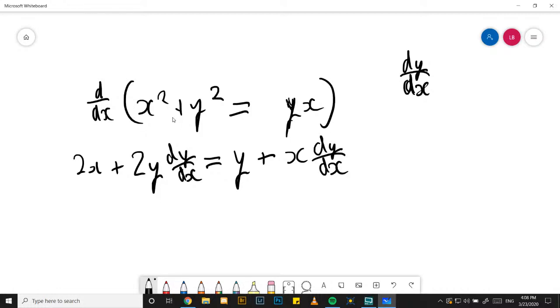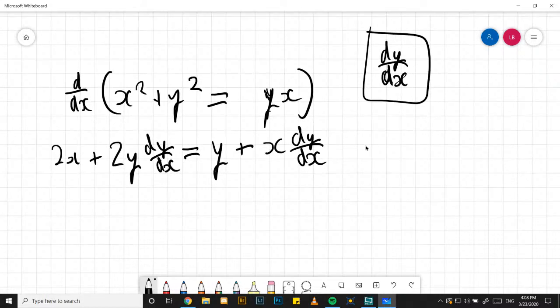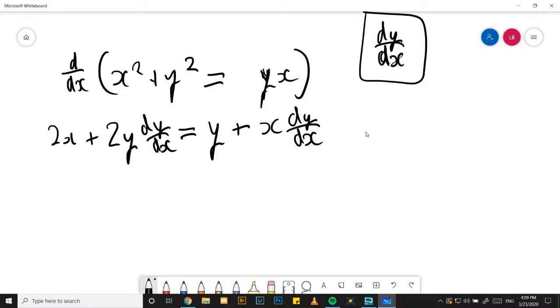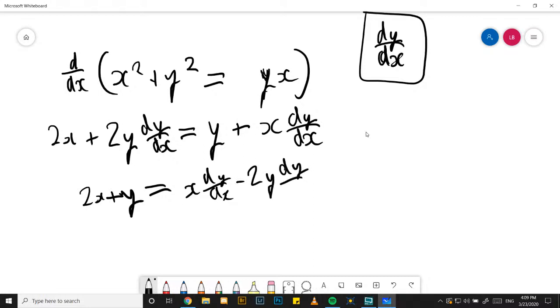And then the next step is that you want to solve for dy/dx. You have some dy/dx's here and some dy/dx's here, and what you can do is try and isolate the dy/dx's. The way you can do that is to put all the dy/dx's on one side, so make it 2x plus 2x minus y is equal to x dy/dx minus 2y dy/dx. And then after some cancellations and simplifications, dy/dx is equal to 2x plus y over x